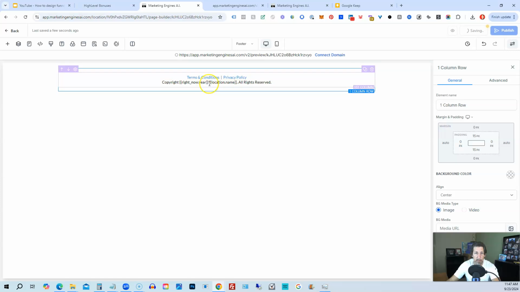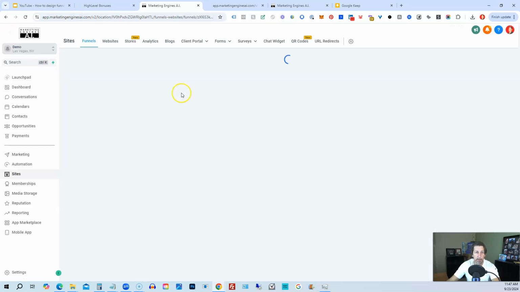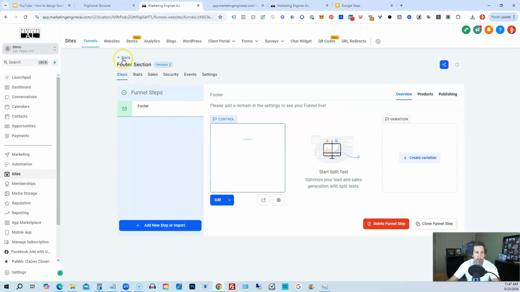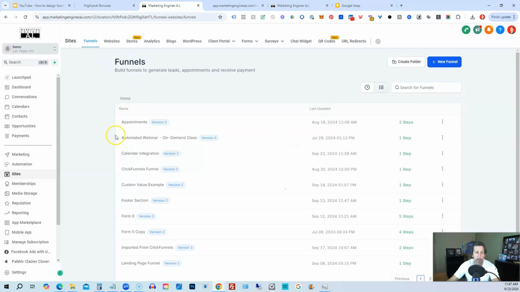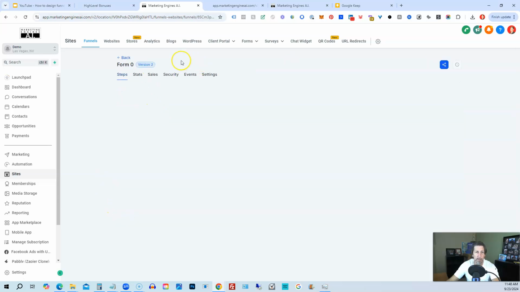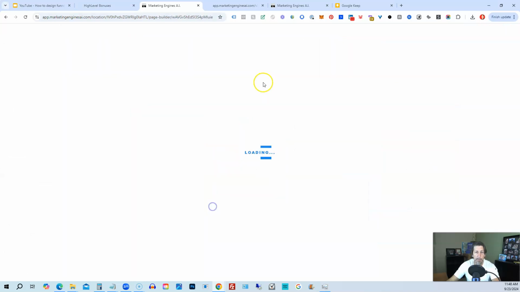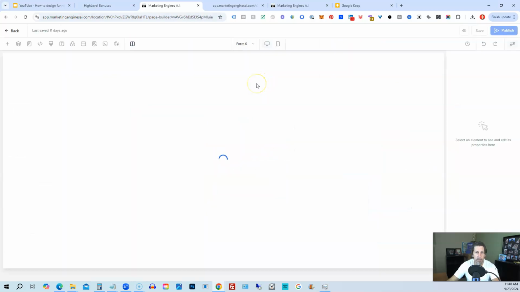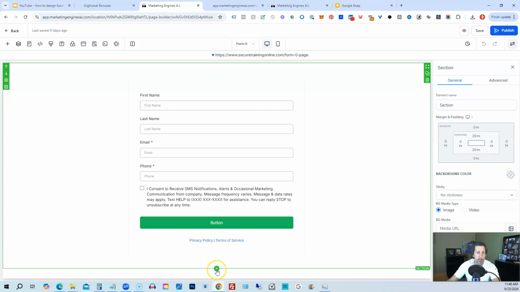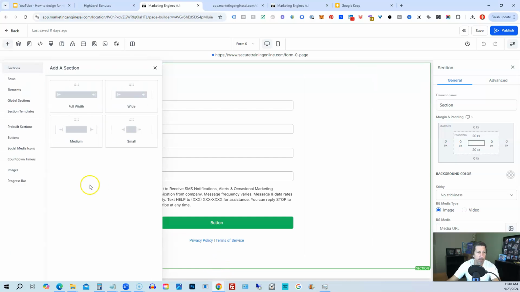So we'll just leave this alone for now. We'll go back to one of the other funnels. So we'll go back out. And let's say we wanted to put it into this form 01, for instance. So we'll just open up the form 01 page, and then we want to add a footer to the bottom of this page. So we would go down to this section, hit the plus button, and then we go to